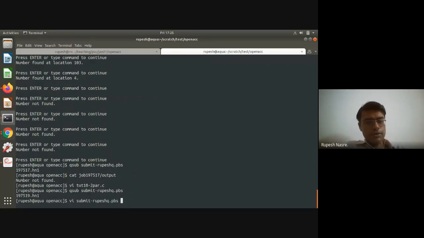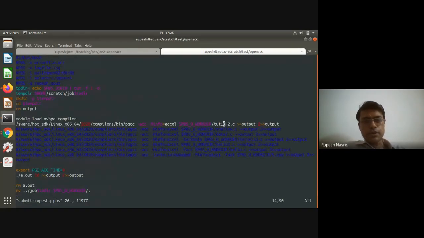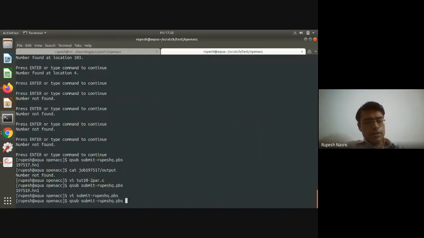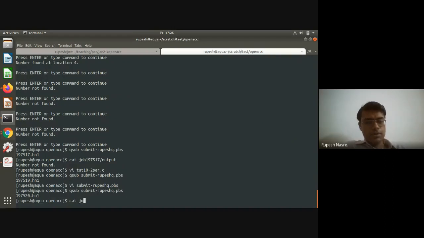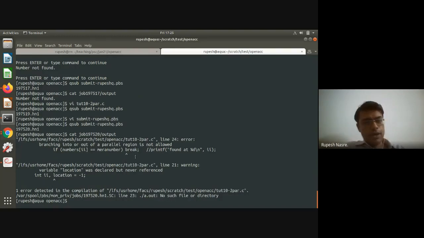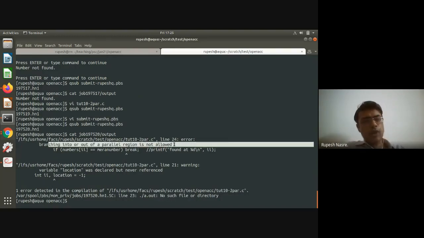Sorry, in the submission script I need to change that to 2 pair. Okay, job 197520 output. Okay, so now I get the error that branching into or out of the parallel region is not allowed. Yeah, that makes sense, and I should definitely fix that.